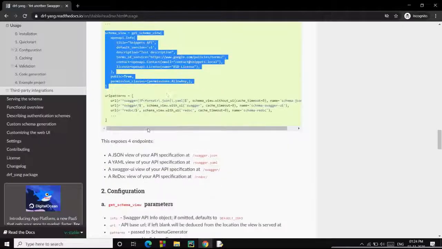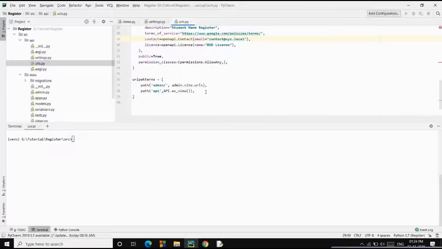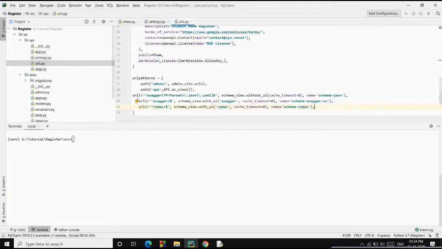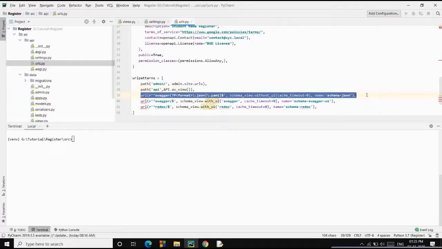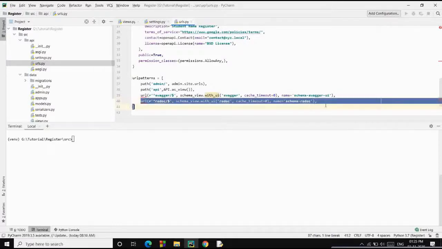Now we need to add some URL patterns as well. So let's add them. The good thing is it provides us two endpoints for the documentation. Okay, so it is using URL, we'll change it to path. This particular pattern is not useful for us, you can remove this. It provides us two paths where it provides the API reference documentation. First is Swagger and second is Redoc. So we will be learning only Swagger in this tutorial.